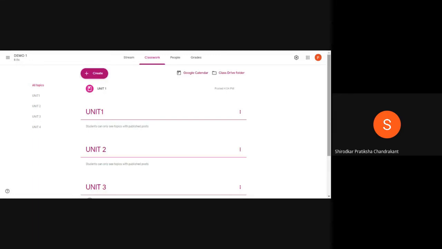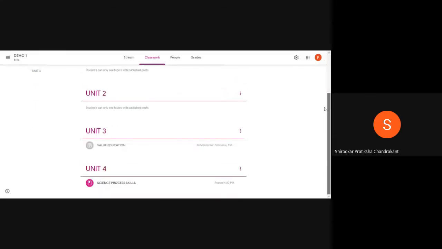As and when you teach the topic to the students, they'll keep on receiving the assignments throughout the month. Say suppose I've planned to give 4 assignments during this particular month. So what I can do is every week I can schedule one assignment which they will receive. Okay, automatically. You don't have to do anything. You just need to schedule it and they will receive it on whichever date you have fixed in the Google Classroom.